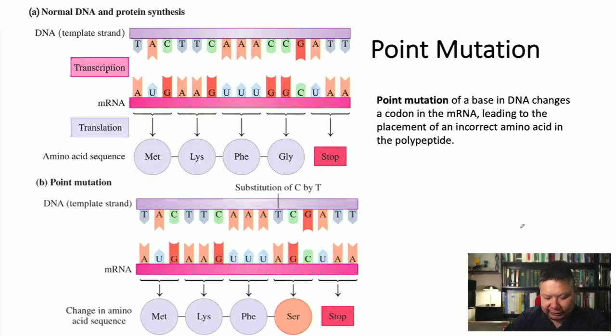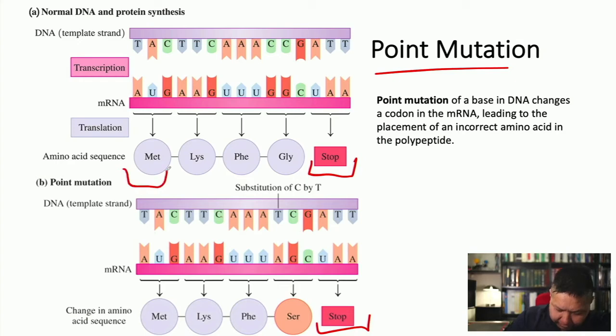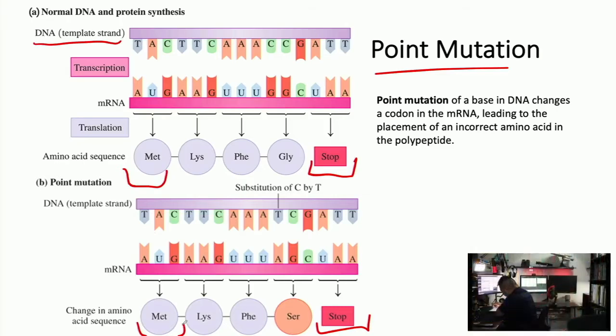So let's go through and look at these very specifically, and more closely. So here we have the point mutation, right? And in the point mutation, you notice right here we have our stop codon, like we were talking about in the last lecture. We have our start codon in the normal DNA strand, the start codon methionine. But here in the normal DNA strand, we have a glycine, and the code should be CCG, translating to